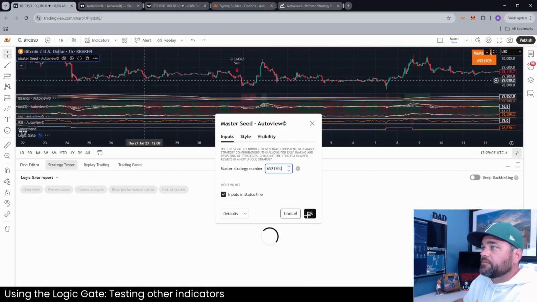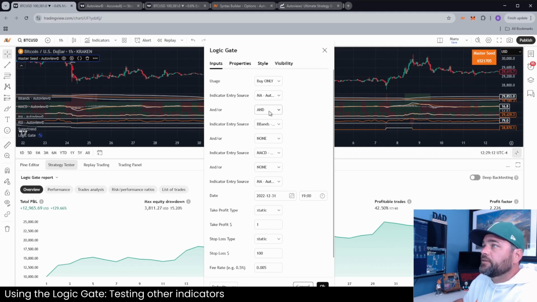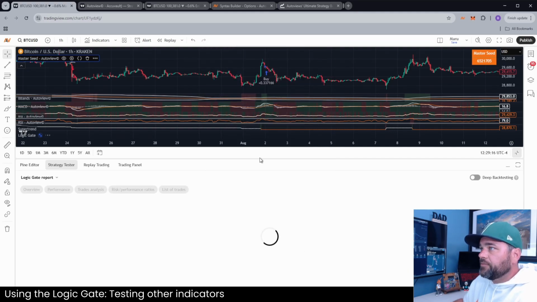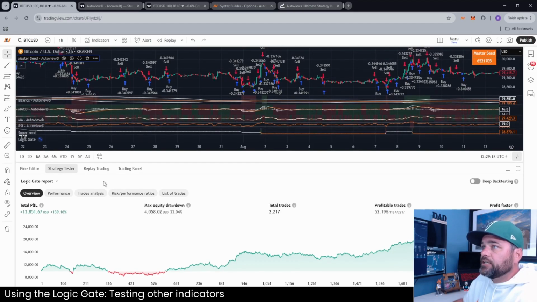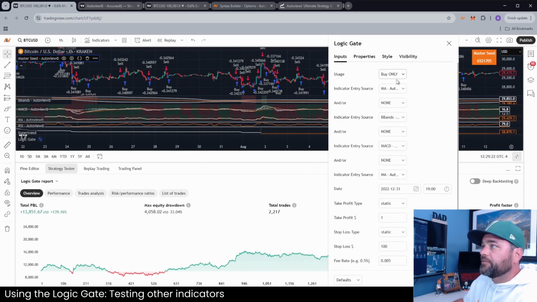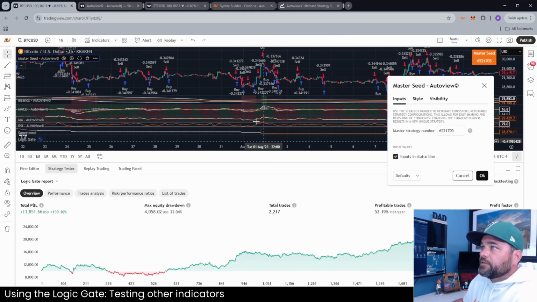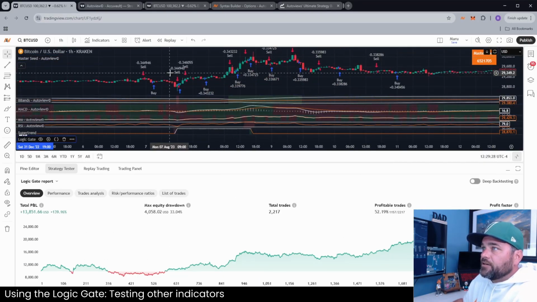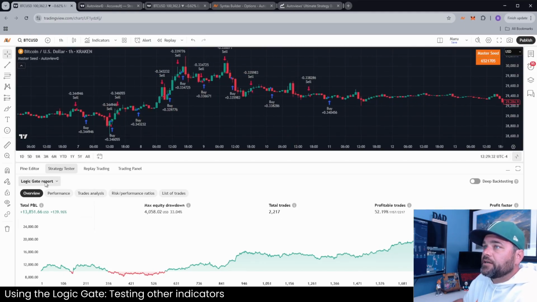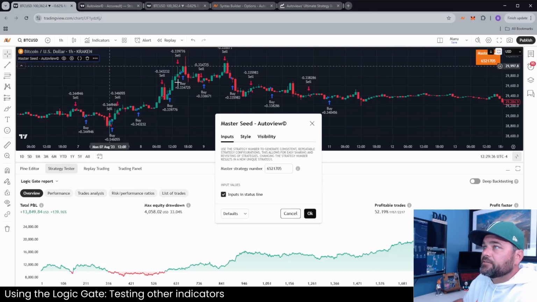If you, randomization wise, turn this guy back to none, we're just using the MA, and we cycle a whole bunch of seeds, we'll start to see there's kind of a pattern. It doesn't really matter what our moving average settings are. It doesn't really matter what the settings on the moving average are. We'll make this bigger. But you'll see that we kind of find, if you run through enough seeds,